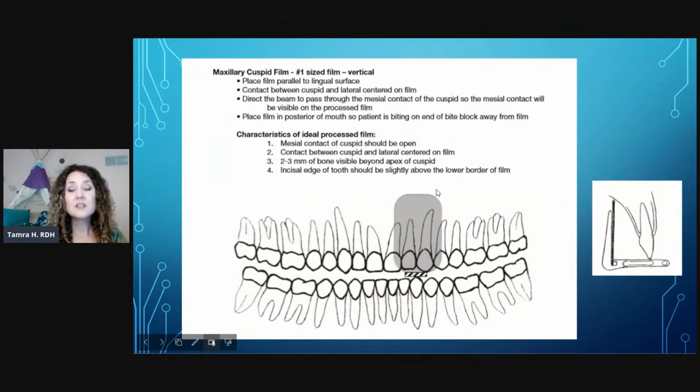Maxillary cuspid films. Typically for a canine radiograph, we're going to use a size 1 film vertically. This is how it should look standing upright and parallel to the long axis of the tooth. You want the contact between the cuspid and the lateral centered on the film, directing the beam to pass right between the mesial contact of the cuspid